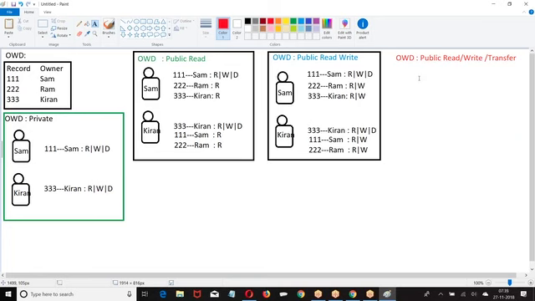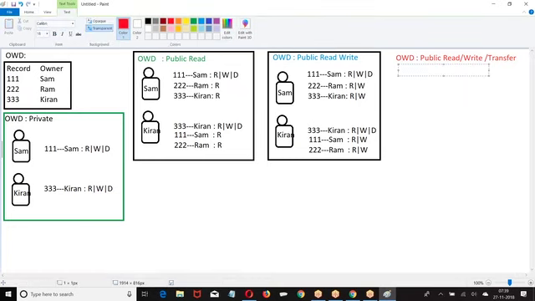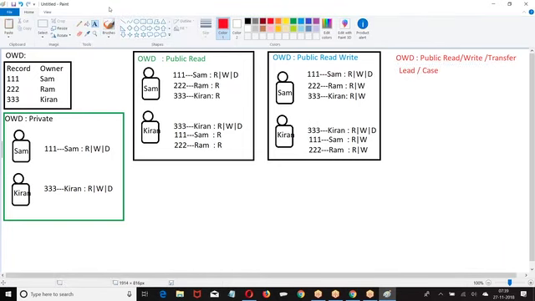Public read write transfer. Now here, when I say public read write transfer, first of all, this option is available only for lead and case object. This option is not available for every object.